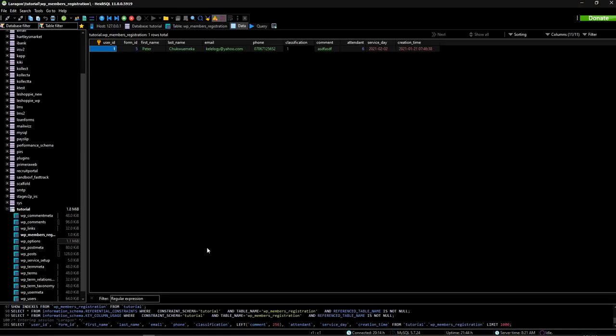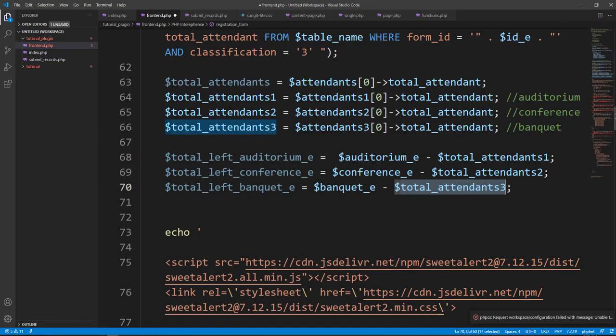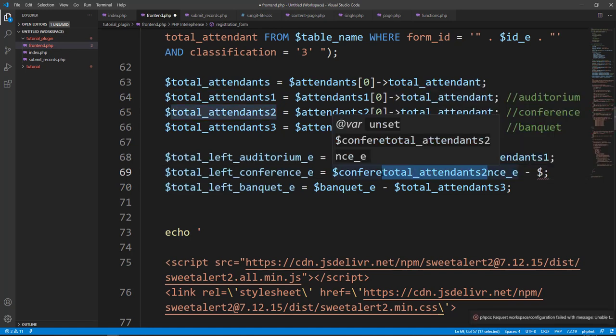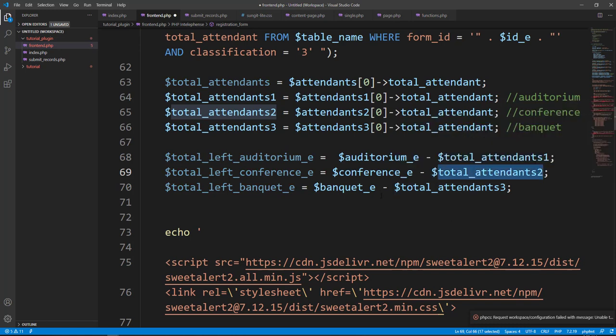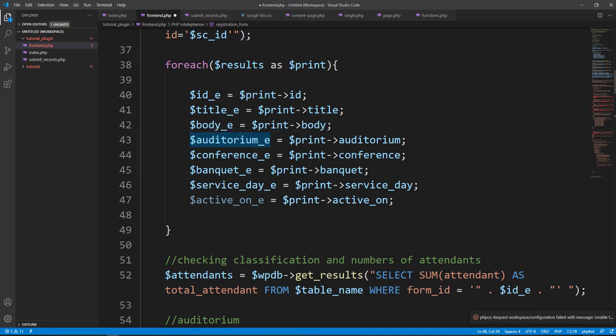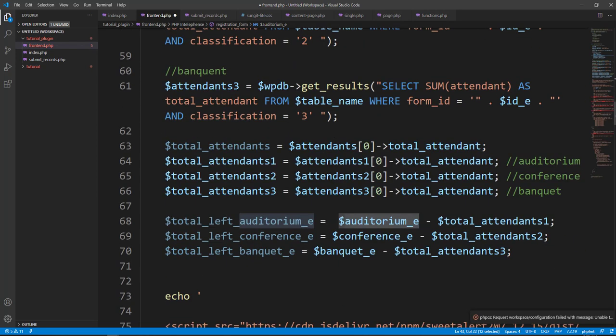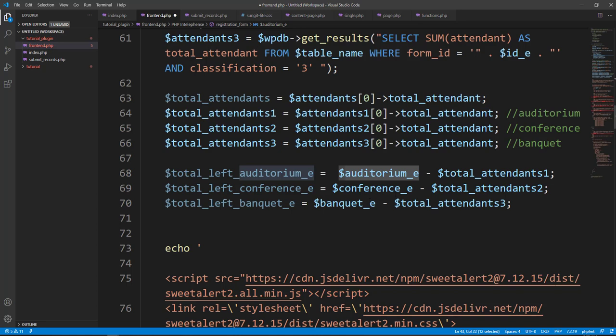So we go into the database, we sum all the attendance where the classification is equal to 1. We sum all of them, and we have it as 1, which is auditorium, and that's the total we have here. Also, we go in and sum all the total from where it is this also. After summing it, we'll now deduct this minus this. So we're getting all the records from auditorium E, you can see it, auditorium E minus this,